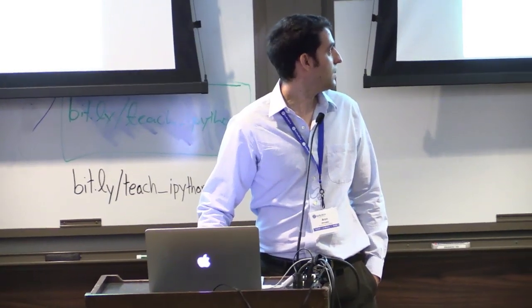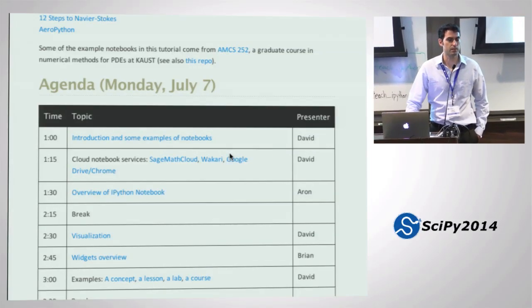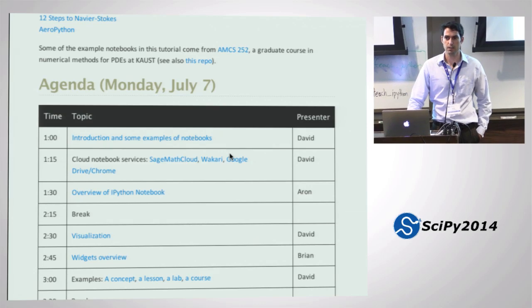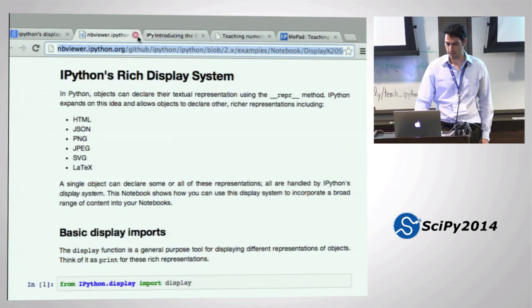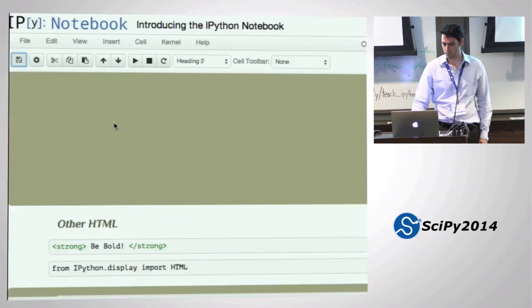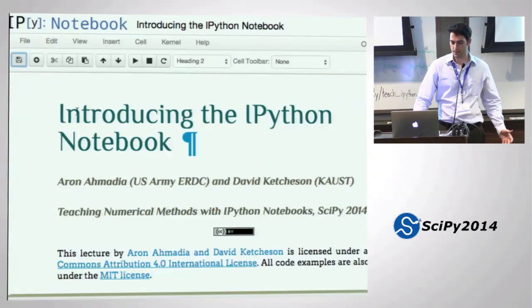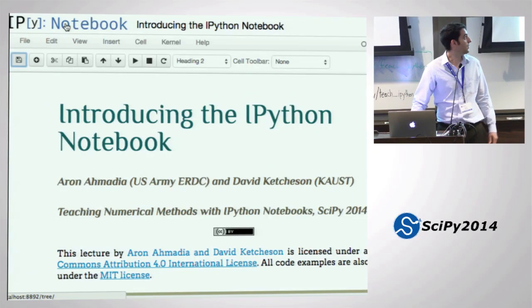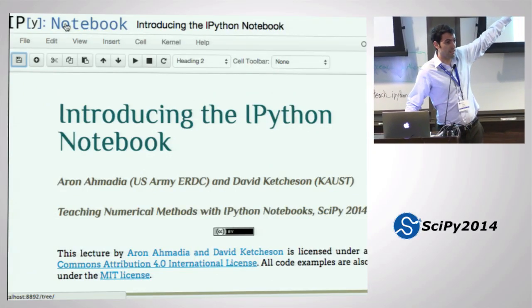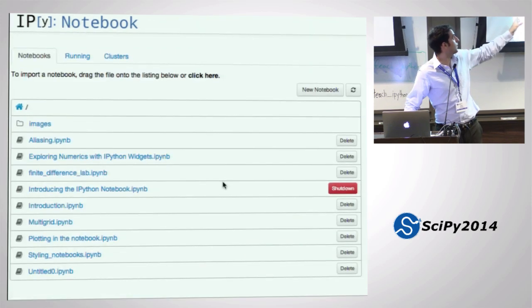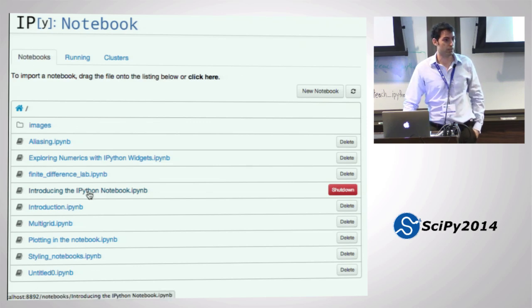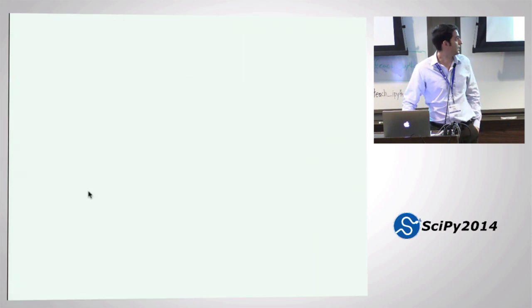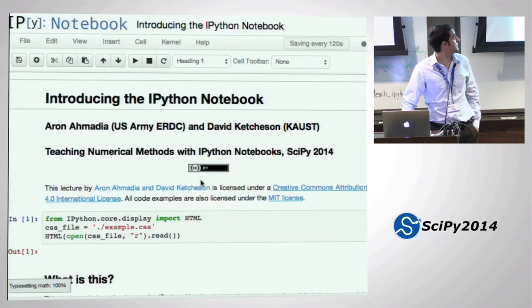So there are about 4 different ways that you can follow along with this presentation. The first is if you have the notebooks downloaded, you can, using your IPython notebook tool, if you're in a different notebook, always click on the IPython notebook in the top left. That's a hyperlink to the directory browser view, and you can then click on another notebook to start it up. So this is the one that I have started. It's introducing the IPython notebook. You can click here to get to this notebook.